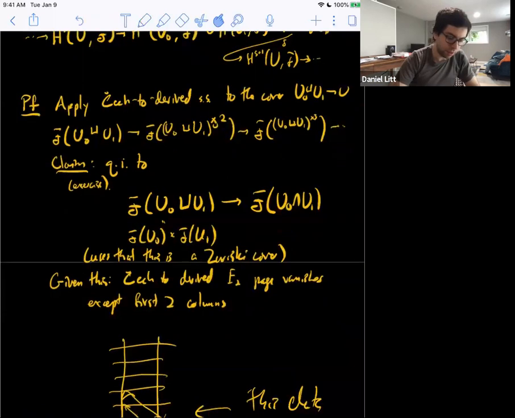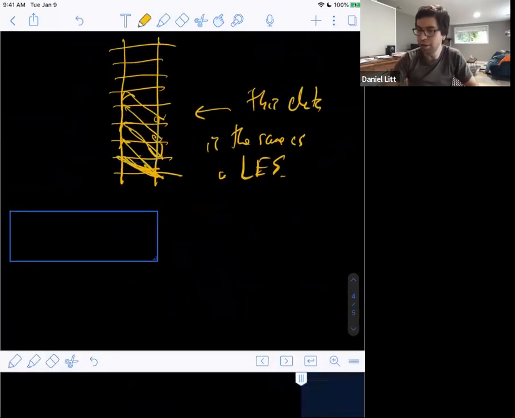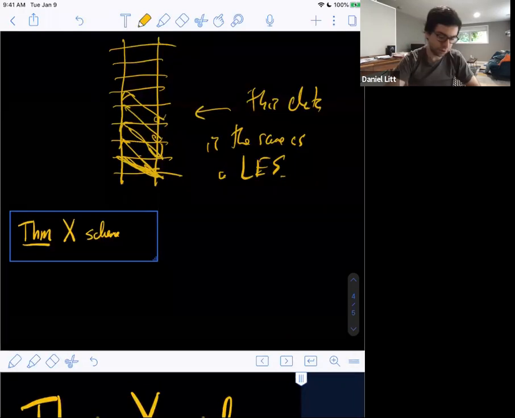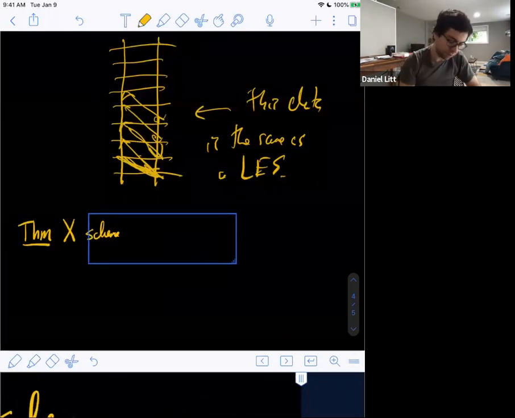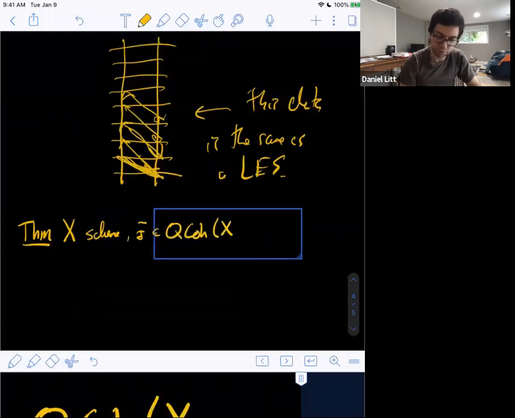Okay. So with this, we can actually now compute the cohomology of our first sheaves. So here's a theorem. Suppose X is a scheme. This theorem is true actually for arbitrary schemes, but I'm only going to prove it in a special case. So suppose X is a scheme and F is a quasi-coherent sheaf on X. So for example, OX. Then